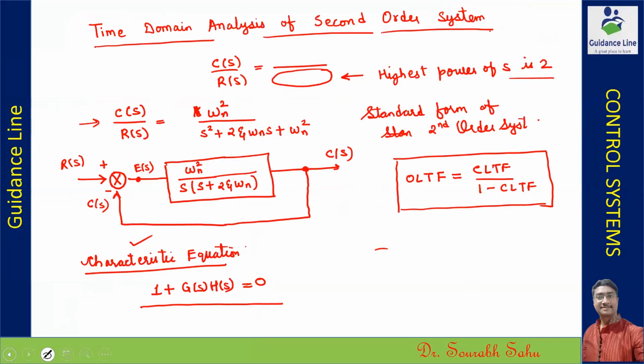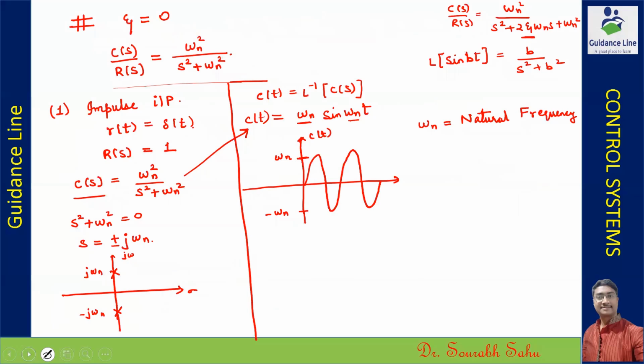ये समझ में आया सभी को किस तरीके से इम्पल्स इनपुट को हमने कंसीडर किया, जिससे करस्पॉन्डिंग आपको एक सिग्नल, एक रिस्पॉन्स मिला, ठीक है, and that is having what, sustained oscillations. Okay, so basically we have this type of expression, this type of graphical representation of c(t) over here, and this is what we call an undamped system. Undamped system. So damping is the term which is associated with this particular zeta. Okay, so zeta is nothing but the damping ratio.